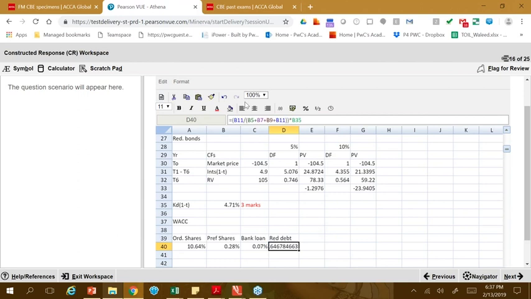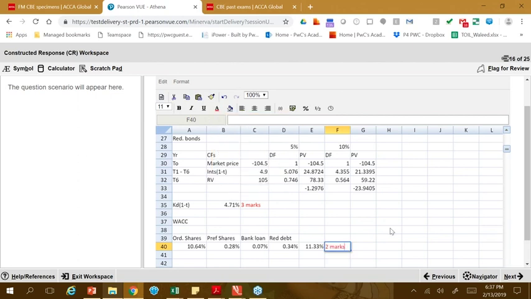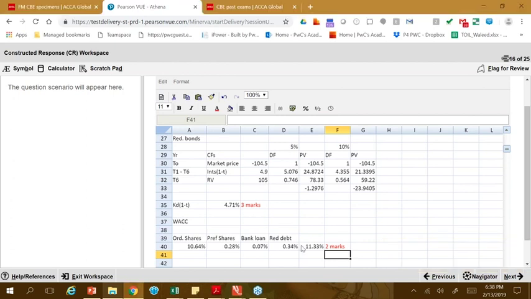So once I've got all these down now, I'm going to add them together: A40 plus B40 plus C40 and D40 is our WACC. And this is our final calculation here, giving us a WACC of 11.3%, and there were 2 marks for this. Now, once you're confident with this calculation, I don't have any problems if you'd like to merge some of these parts, but for simplicity reasons, I would break it down into 4 components and then show the calculation separately.